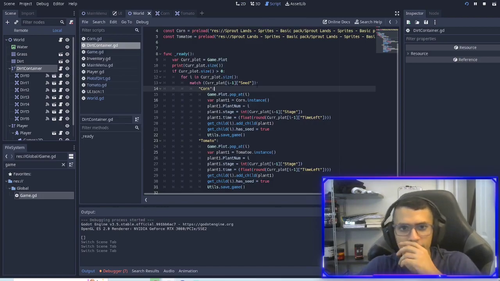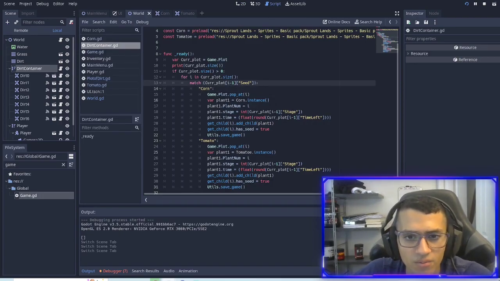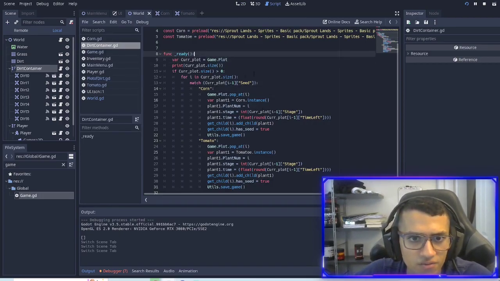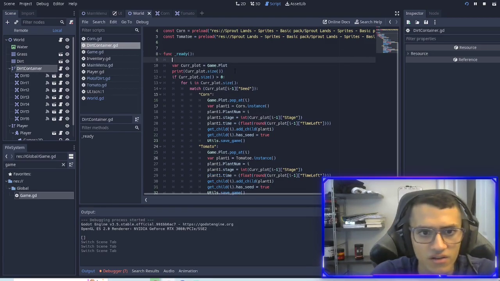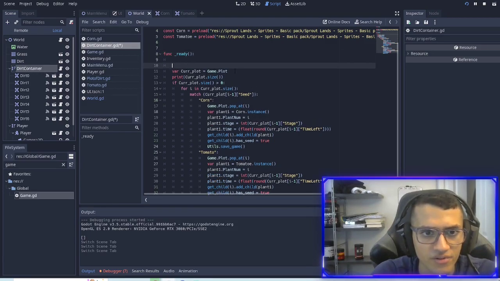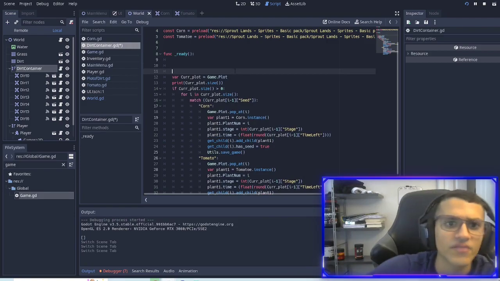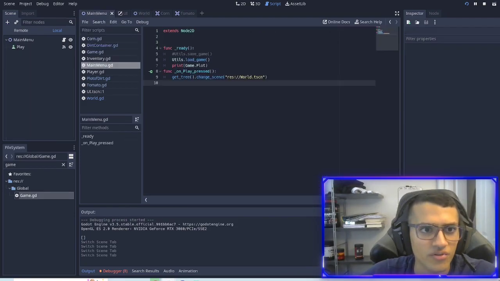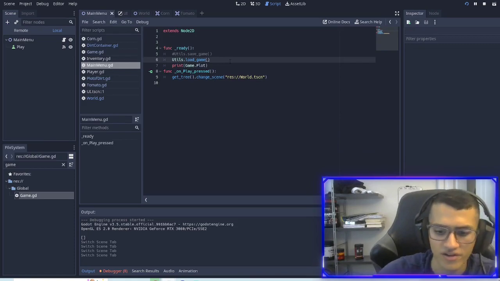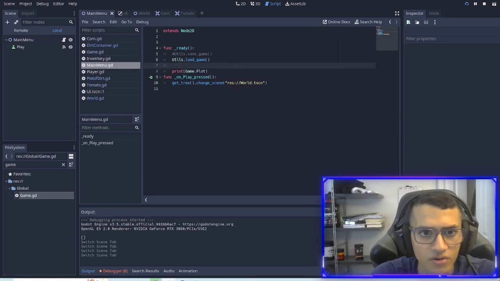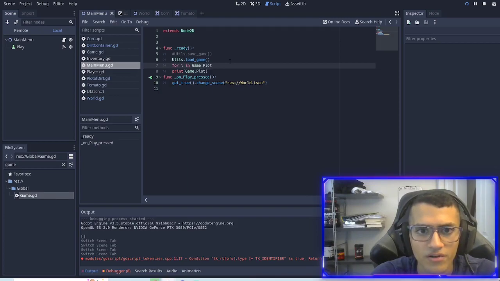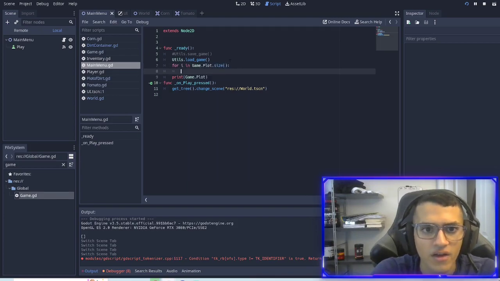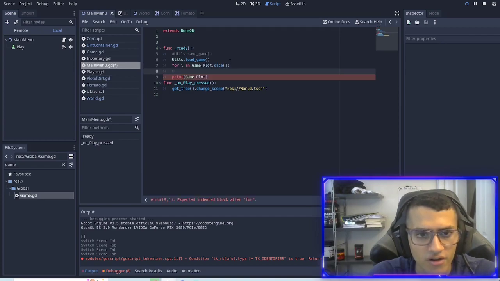Now, before we load, we're going to push it down a little bit. In fact, you know what we can do? We can actually do this in the main menu. Let's do that instead. We go into here, we go for loop I in game.plot.size, and then we're going to do if